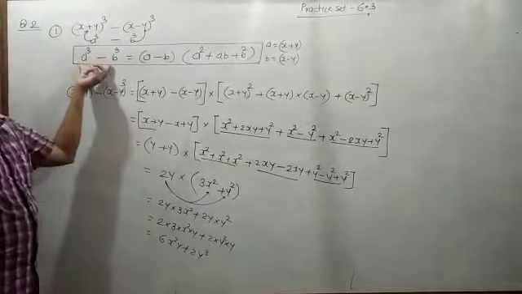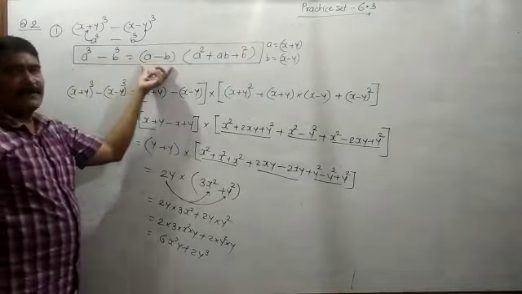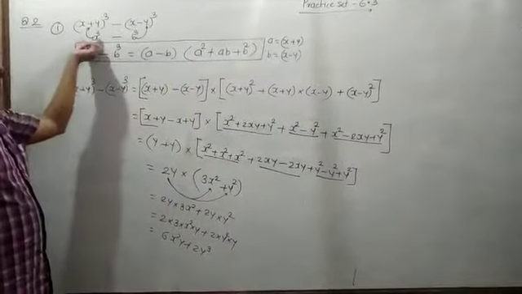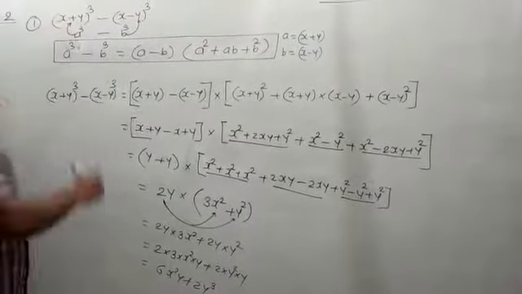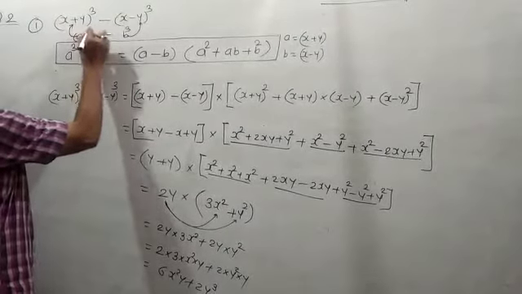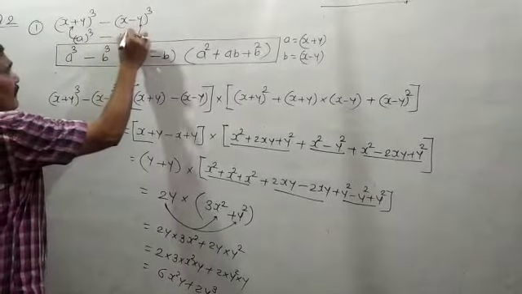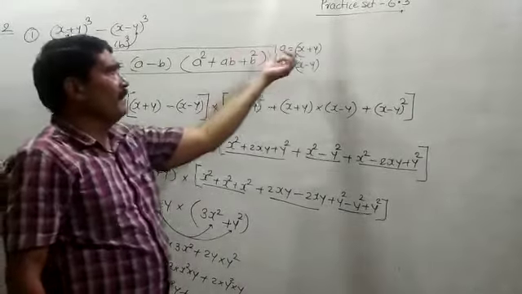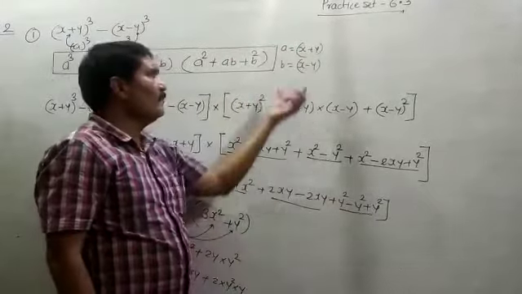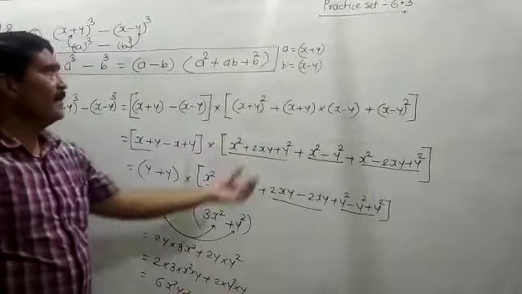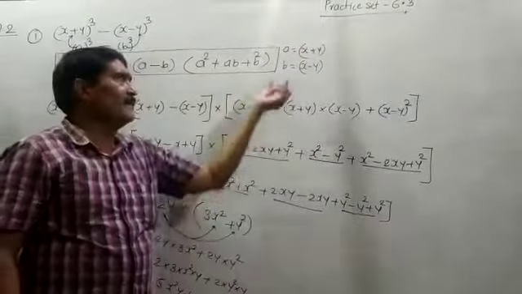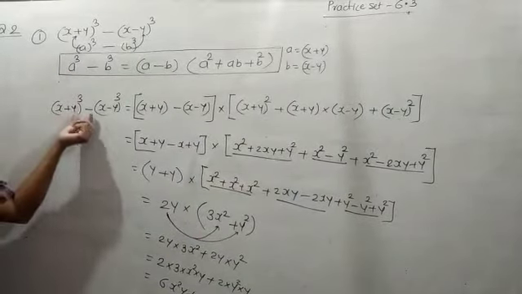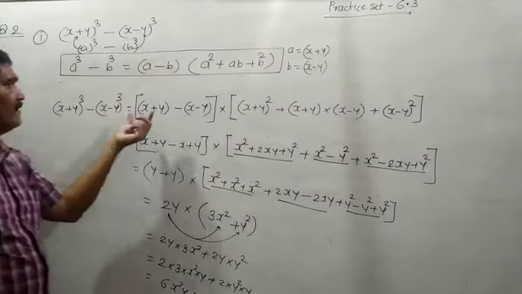You have to utilize the identity a cube minus b cube is equal to (a minus b) in one bracket, (a square plus ab plus b square) in another bracket. Here a is equal to x plus y and b is equal to x minus y, so I am writing it here. In place of a you put x plus y, in place of b you put x minus y, and this becomes (x plus y) cube minus (x minus y) cube